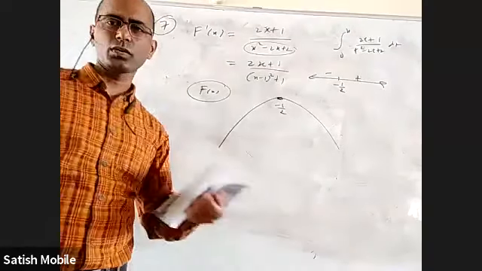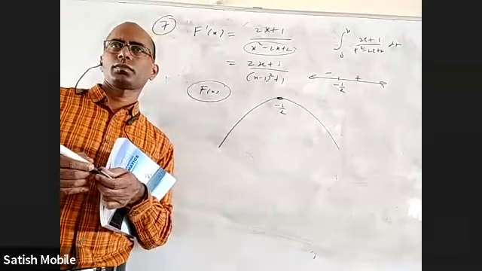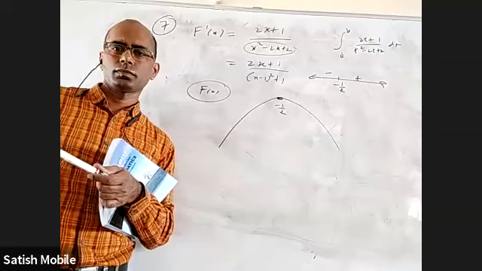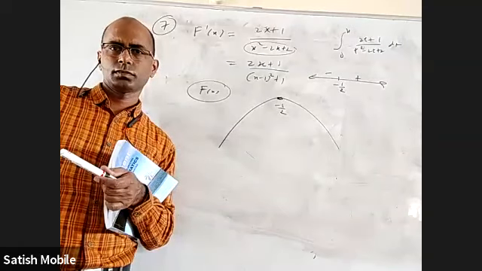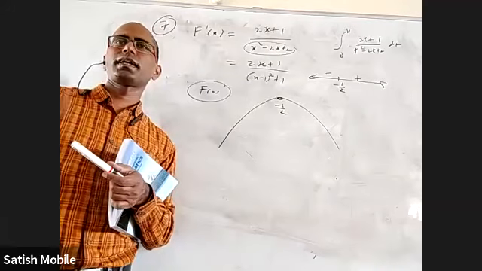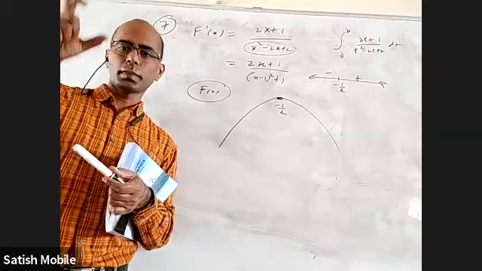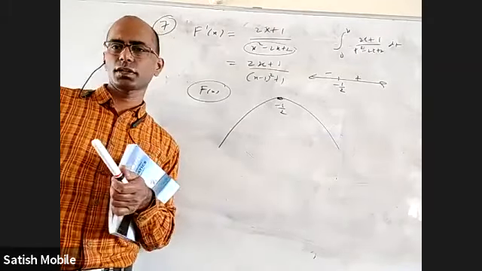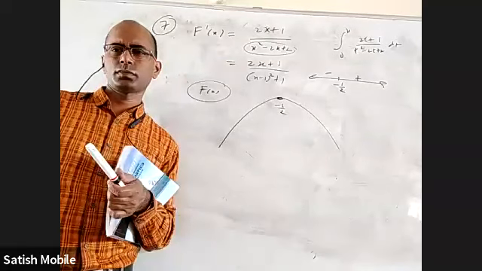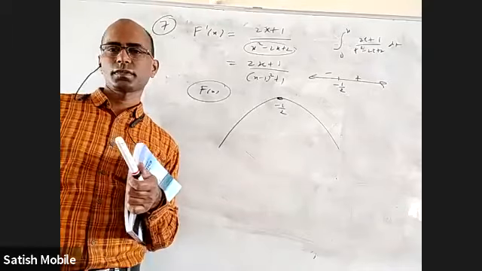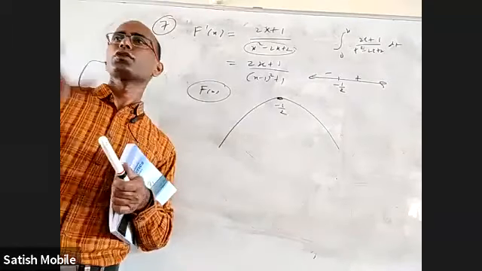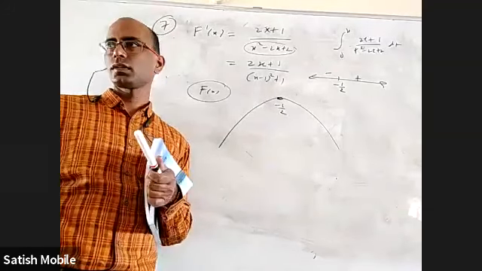Anybody want to tell linear by quadratic what is the standard procedure? Integration of ax plus b or px plus q by ax square plus bx plus c. Linear by quadratic. What is the standard way to do integration? We'll take it as a into derivative of denominator plus b. Because numerator is only linear, how will you write? Yes, numerator is a into derivative of denominator plus b.